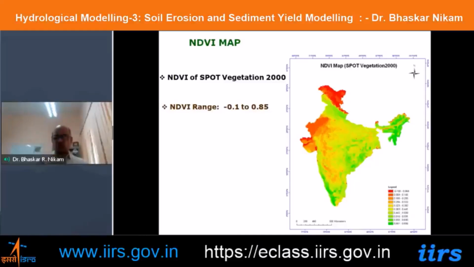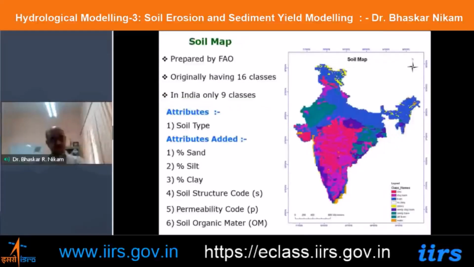Then we also have taken a soil map. Now in India, the custodian of soil maps at national, state and basin level is NBSS LUP, the National Bureau of Soil Survey and Land Use Planning, which comes under ICAR, the Indian Council of Agriculture Research. So NBSS LUP will disseminate the soil maps. Now, many of those soil maps are in hard copy, so you need to communicate with them. If you don't want to go up to that level,